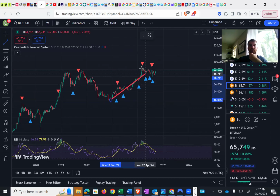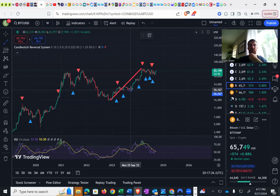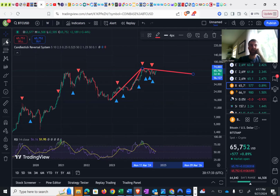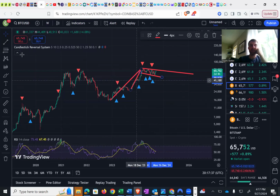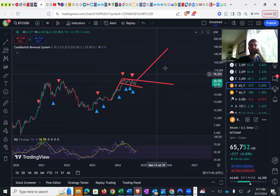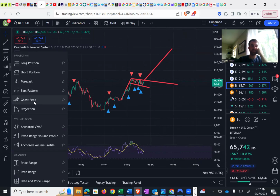You could even draw it like this potentially. It's a little bit desperate to draw it like that, but you could do it a series of different ways. But then you have that flagging pattern there. And so if you take this and move it there, you really get up to around 320 something K. If you use the